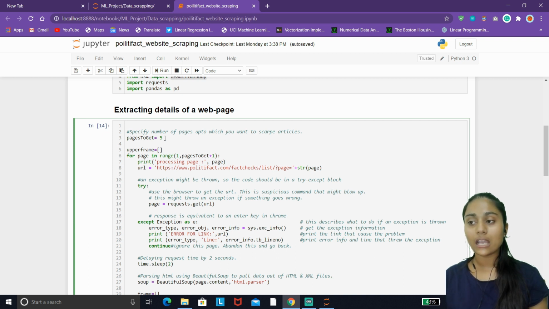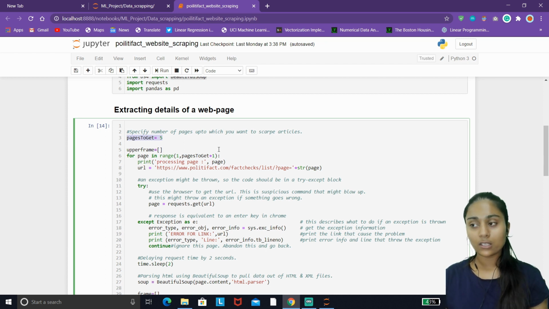I am giving the variable pages_to_get a value of 5. So it will go from page number 1 to 6, retrieve all the information contained on each page, and return the details of every news article listed on those pages.